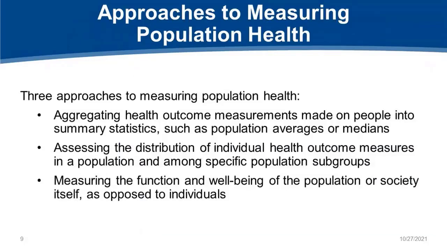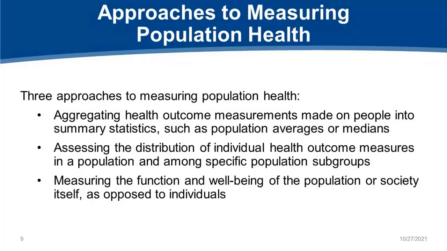So you probably put together, based on that list of gap areas, that there really is no single population health measure that answers any of those needs. We have lots of measures that tell us a little something about the health of a given population, but really no one measure that tells us everything we would need to know about the health of that population. So take the example of perinatal health. It's hard to imagine a standalone quality measure that could adequately evaluate the overall health of pregnant women, let alone their babies. So to do that, you might consider one of the approaches listed here.